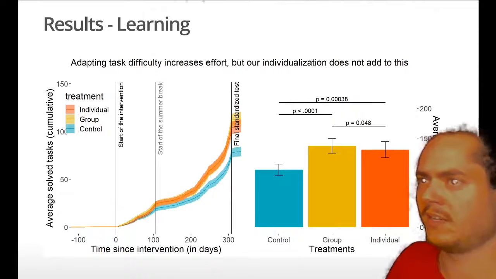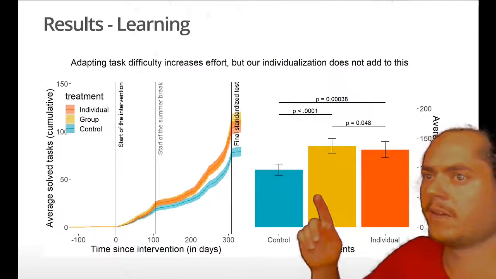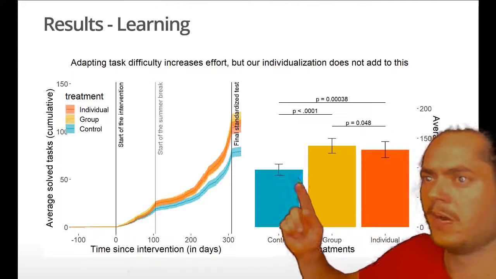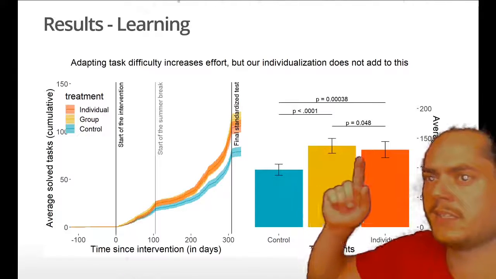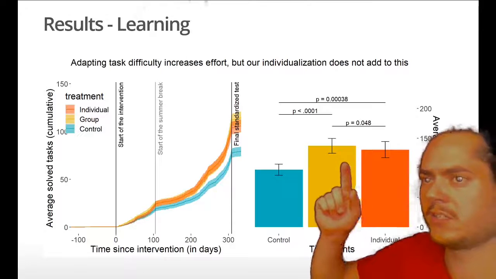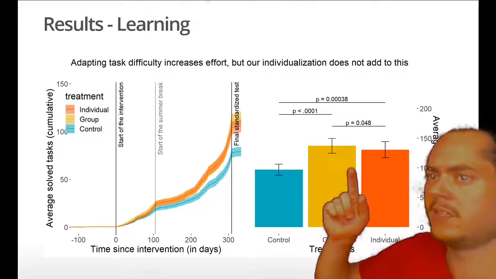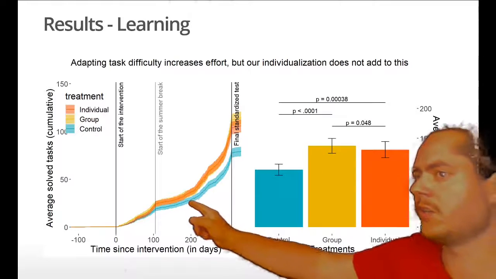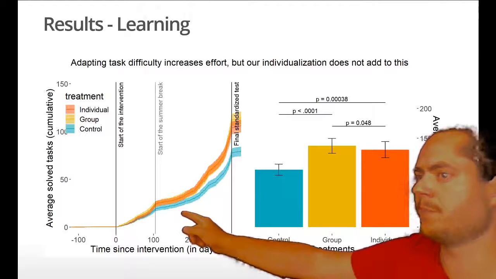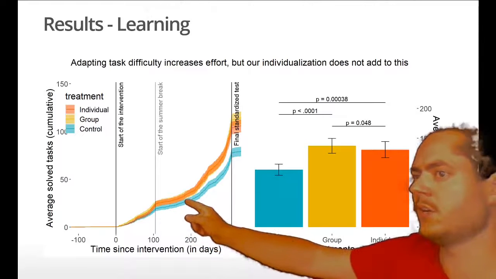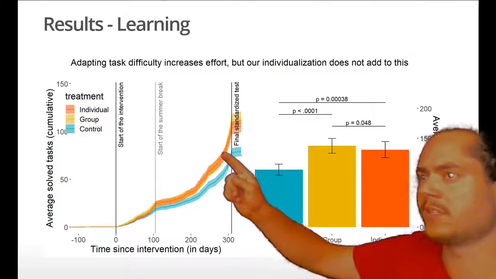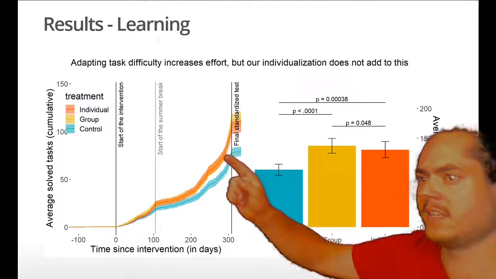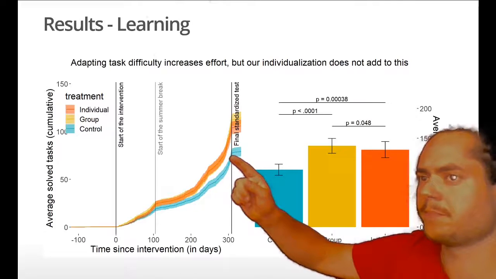So these are our results, and as you can see, both treatment arms outperform the control group, and this is 0.17 and 0.14 standard deviations of learning effort that we observe on top of the control group. This starts early on. This intervention is done over a year, so early on we can see how learners in our two treatment groups start learning for their tests and how this gap is opening.